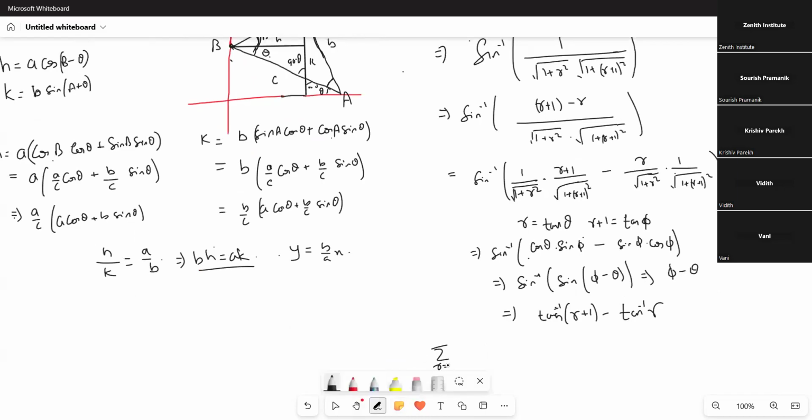So the summation of r going from 1 to 100 of T r would be the largest term minus the smallest term. So what will the largest term be here? R is 100, so tan inverse 101, minus the smallest, which in this case is tan inverse 1. Now we'll simplify. Tan inverse x minus tan inverse y will be tan inverse of x minus y by 1 plus xy, so 1 plus xy, 100